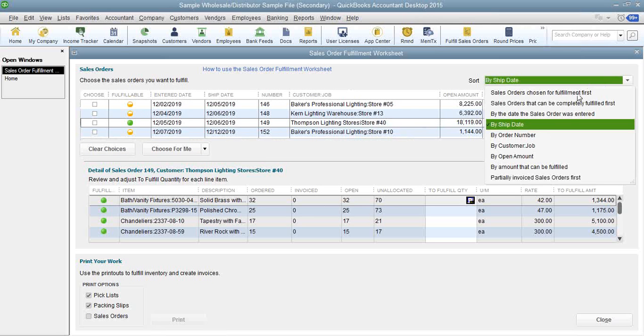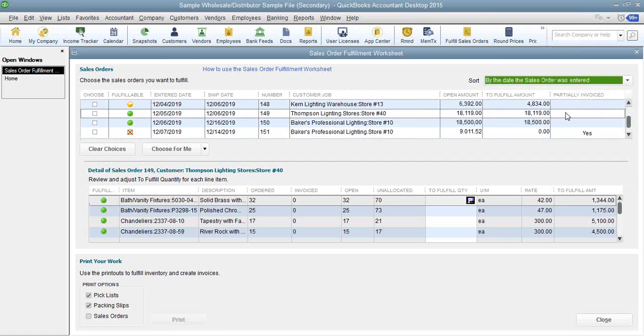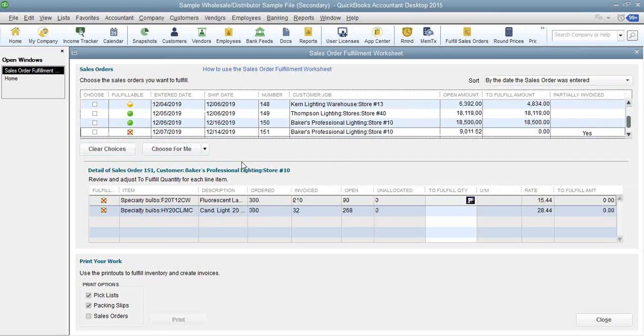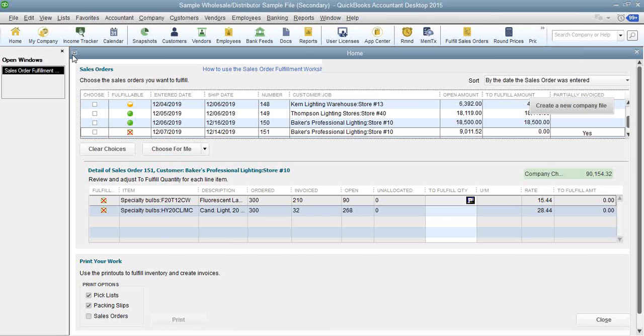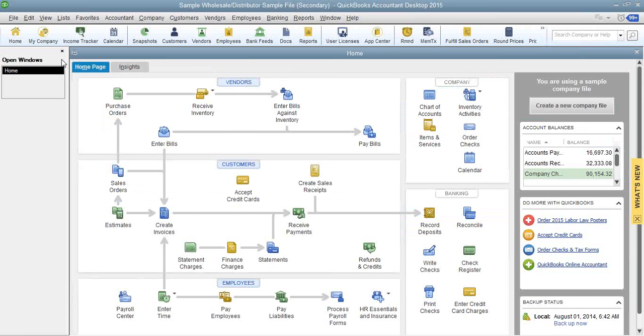If I change this and go into maybe by the date that it was entered, now notice we get a new one. This one says we don't have the materials for this particular order. So it can be nice, and from here you can do your picking list and your pack slips. That is nice, again, for those of you that deal with inventory. And just going down,